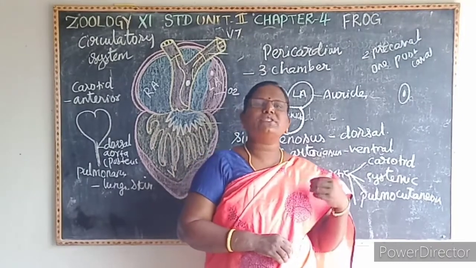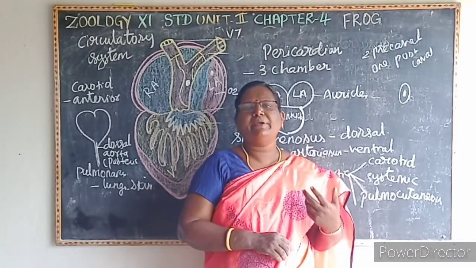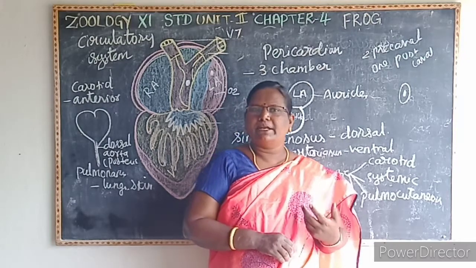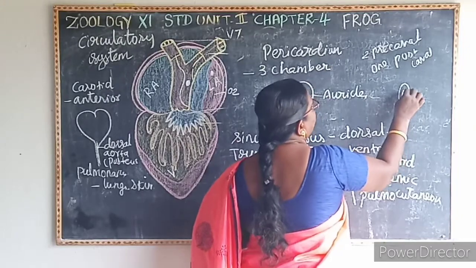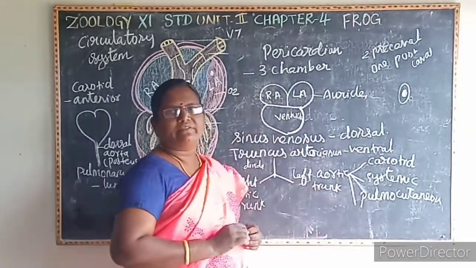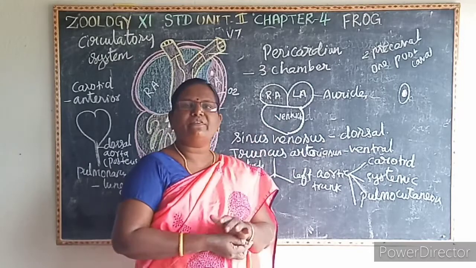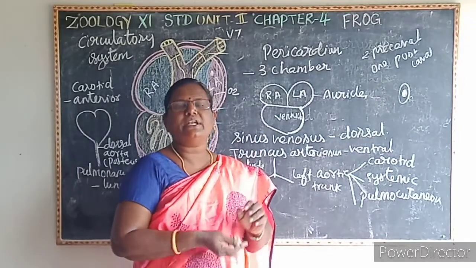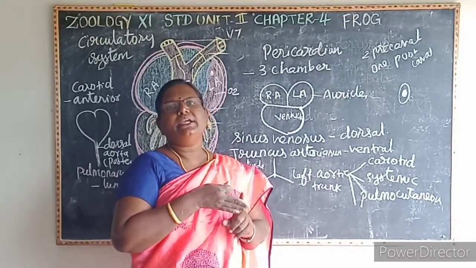It supplies oxygenated blood to the cells. It carries a respiratory pigment and supplies the oxygenated blood. And here, as it is nucleated, the nucleus occupies most of the space. So here, in the frog, there are other modes of respiration. What are the other modes of respiration? Cutaneous respiration, buccal respiration and pulmonary respiration.